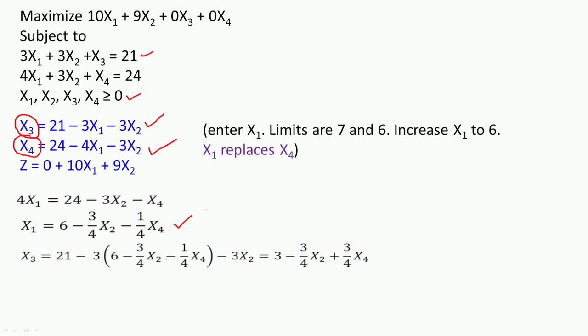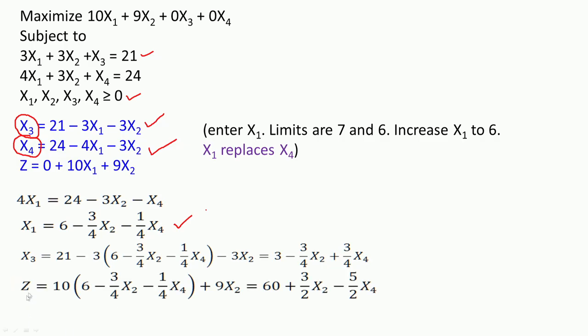We have plus 9 by 4 x2 minus 3 x2. So, minus 3 x2 is minus 12 by 4. So, we have minus 3 by 4 x2, and then we have plus 3 by 4 x4 from this equation. And then we now write